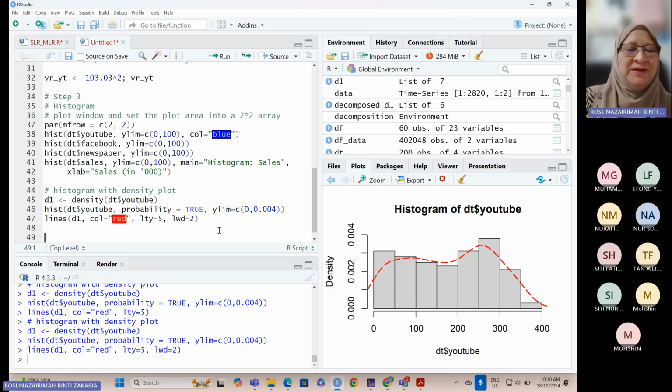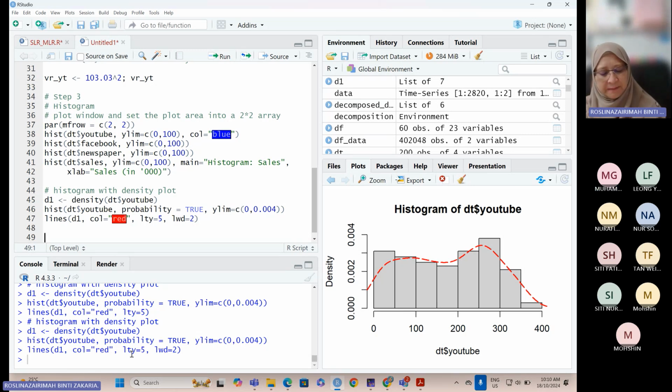So there's a lot of packages outside there. Like I said, you can just Google it or use ChatGPT. Ask ChatGPT what you want to do with your histogram. Okay, let me try asking ChatGPT on how we make sure that our graph is